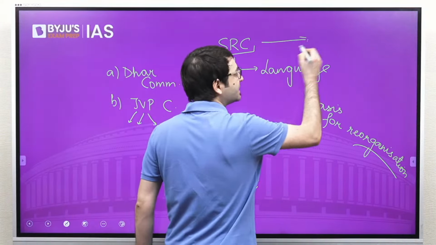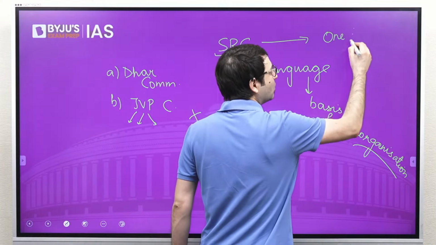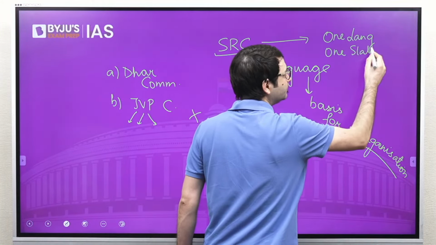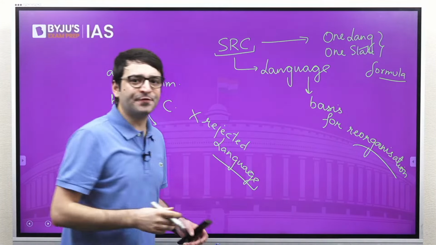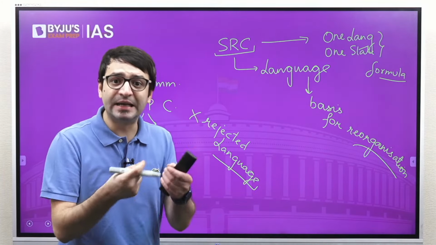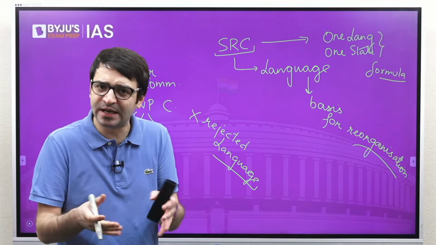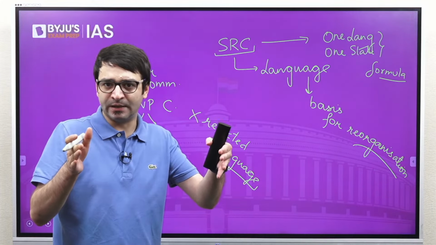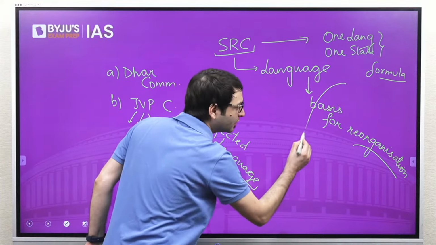But the States Reorganization Commission, a very important fact, rejected the one language, one state formula. Now, what is the difference? The difference is, yes, can we create states on the grounds of language? Can language or linguistic criteria be one of the criteria for reorganizing the states? Yes. But we will not have one language as one state criteria, which means within this recommendation, the focus was on